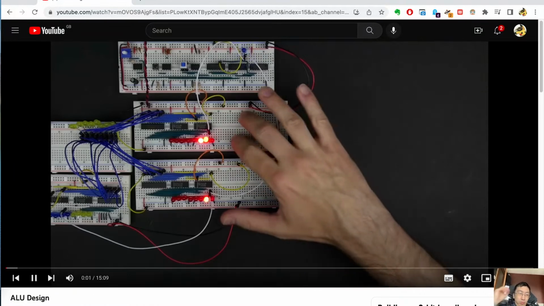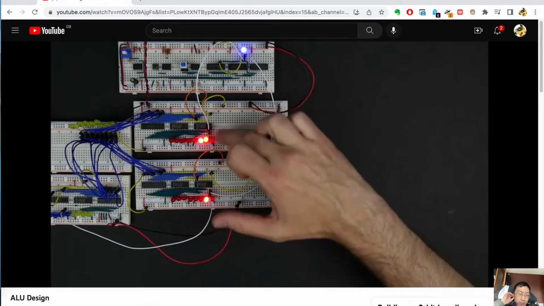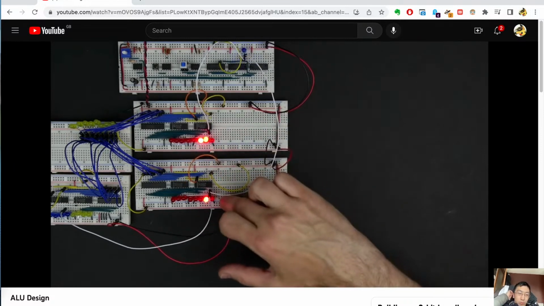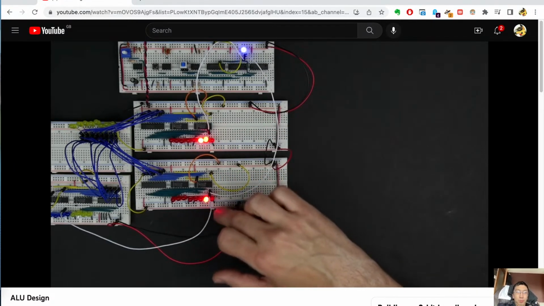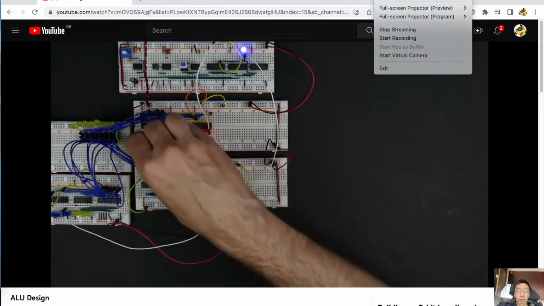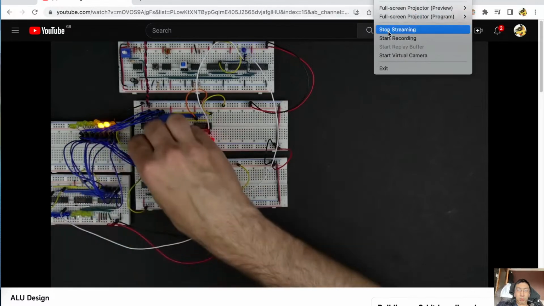So in our previous videos, we built these registers that are able to store a value. So for example, this register currently has the value 6 in it, 1, 1, 0 in binary is 6. This register currently has a value 2, 1, 0 in binary is a 2. And these registers are connected to a shared bus so that they can output their contents to the bus. If we set this signal here, you can see the 6 gets output to the bus. And they can also